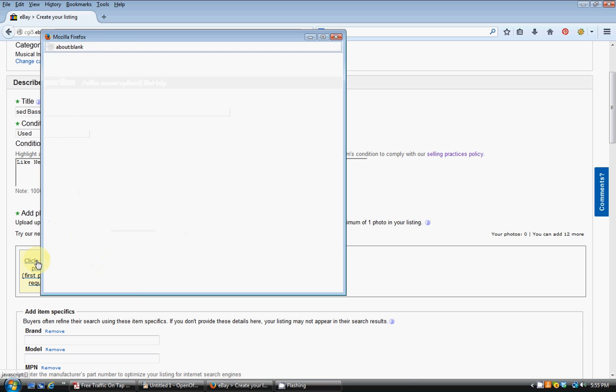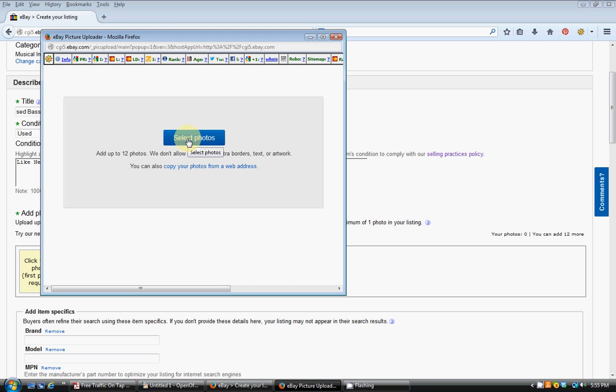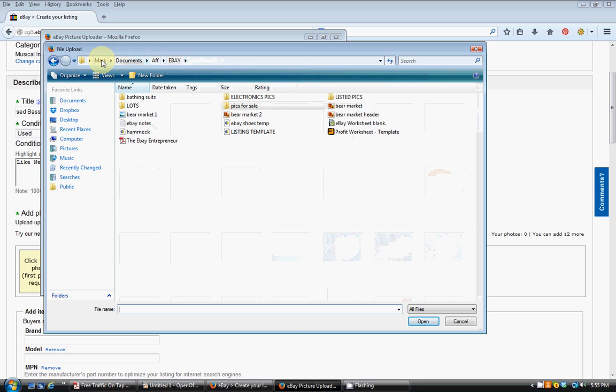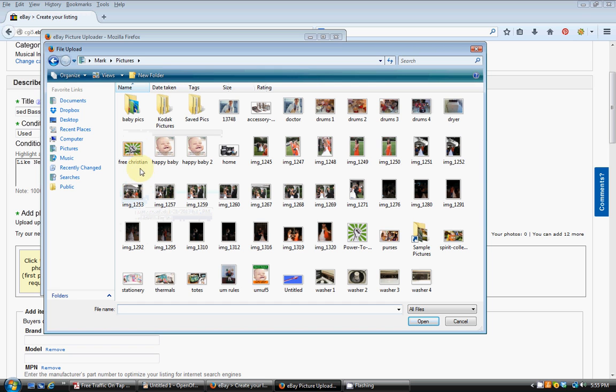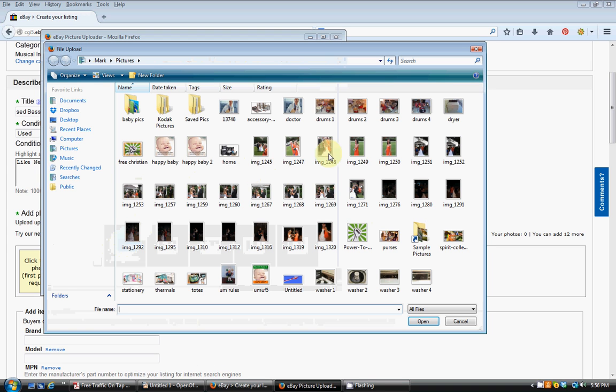Now here it says click to add photos. You want to use as many photos as you have. Now, unfortunately, I probably don't have any photos for the kick pedal. Let's see what I have here. Yeah, this could be a while. Oh, look, I got drums. So let's just put in the drums. There, you can see a kick pedal down there. You click on it,